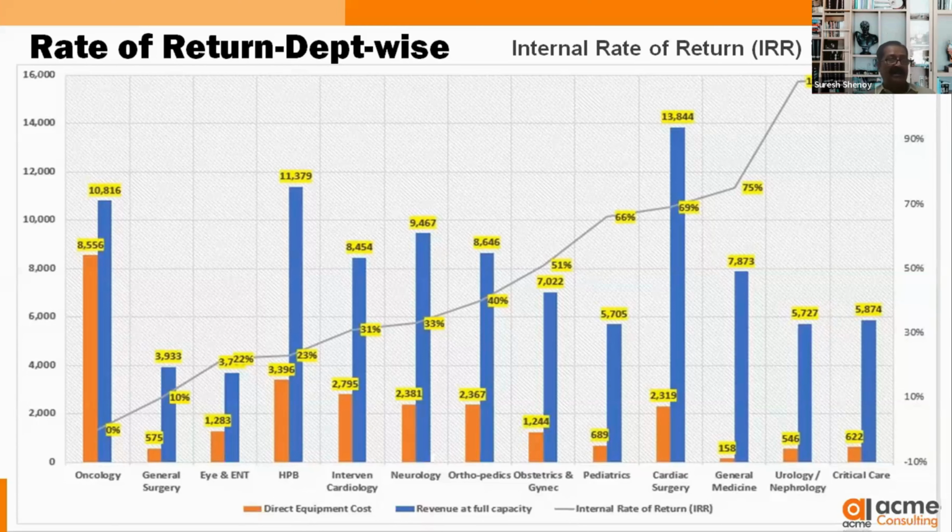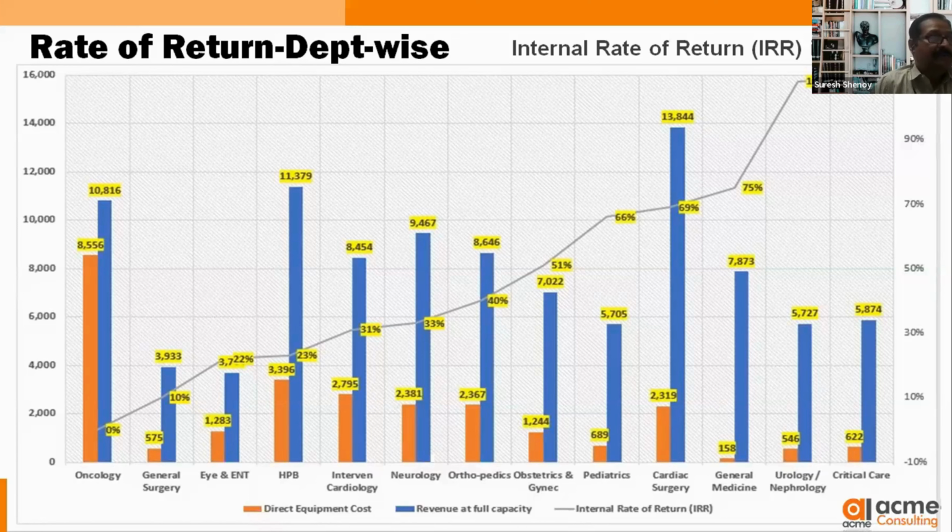That is normally considered as the full capacity. So what will be the revenue? That blue color shows the revenue, and the orange color will show you the direct equipment cost. If you take oncology, you can see that the equipment cost is somewhere around